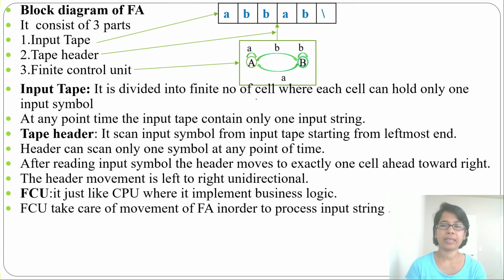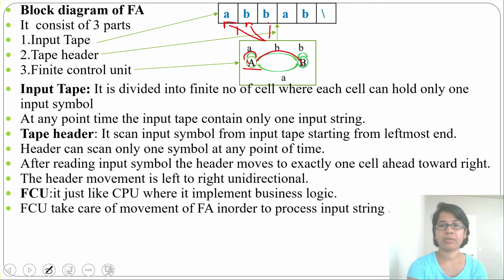So how exactly does it work? Initially the tape header points to the start. Like first here it will read A. So A means from this state it will move to A. So here the transition is this. Then it will go to state B. The input header moves to state B. So now it will move to this state.